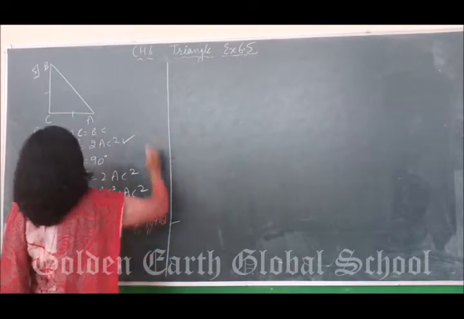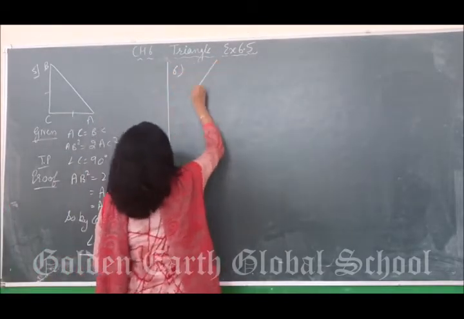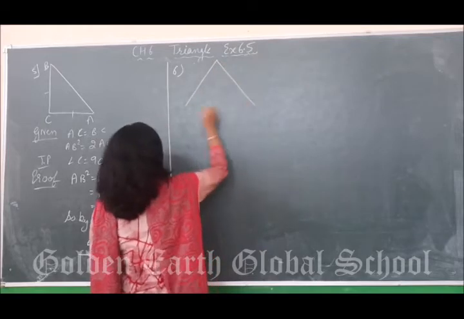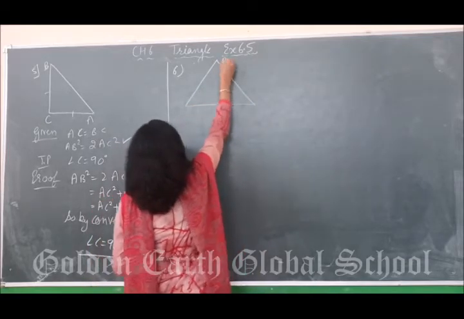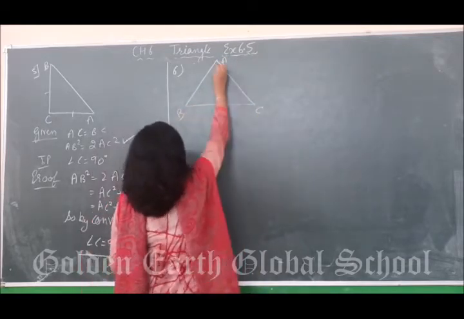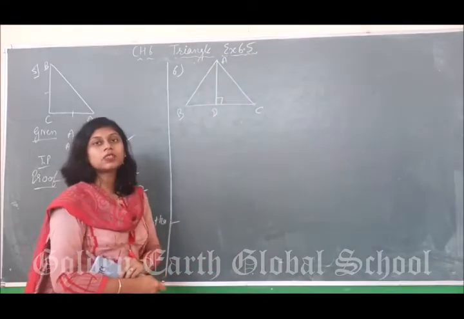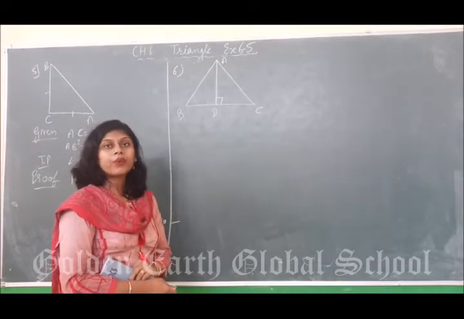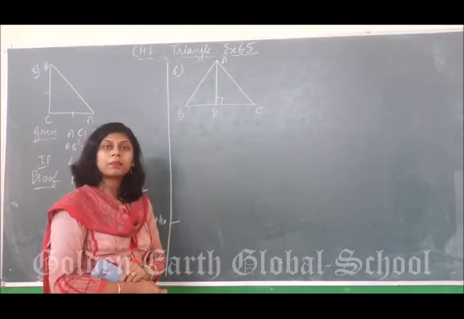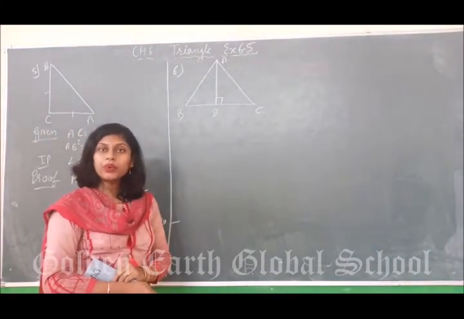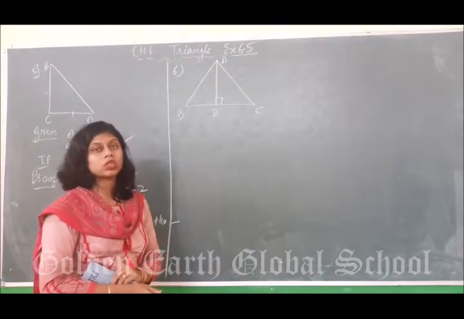We will follow this result. This is an equilateral triangle ABC. AD is altitude and AD is also median of the triangle. This result is only applicable in equilateral triangle and isosceles triangle also.